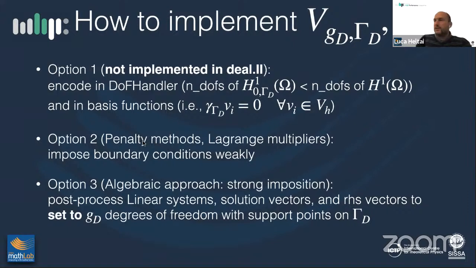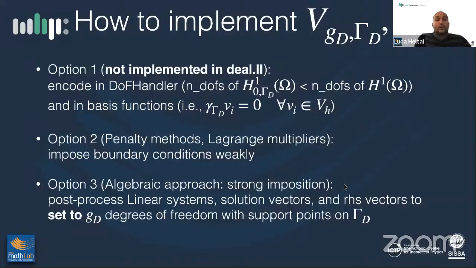For example, if you have a discontinuous finite element space, this is a natural way to proceed. Or option three, which is what we have been doing so far without really noticing it, and we will be discussing this in great detail today, is the algebraic approach. So we impose things strongly a posteriori, meaning we post-process the linear systems, the solution vectors, and the right-hand side